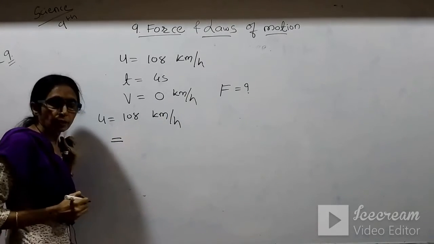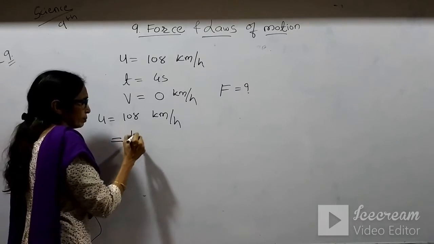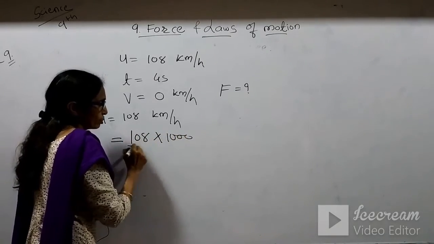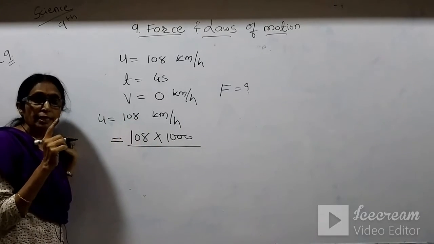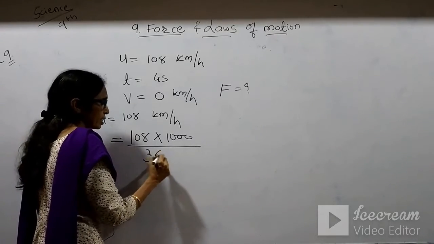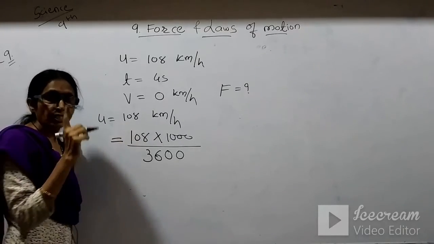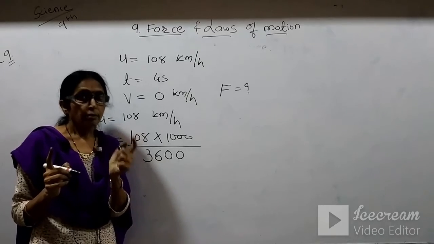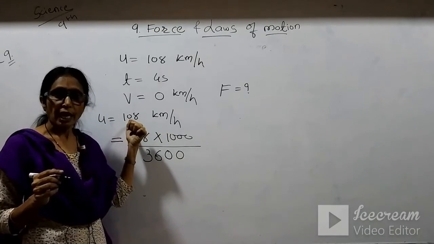Now you know how many meters are equal to 1 kilometer. So 1000 meters is equal to 1 kilometer. Here nothing is added in 1 hour. And how many seconds are in 1 hour? There are 3600 seconds in 1 hour, because 60 seconds is equal to 1 minute, and 60 minutes is equal to 1 hour. So instead of 1 hour, we can